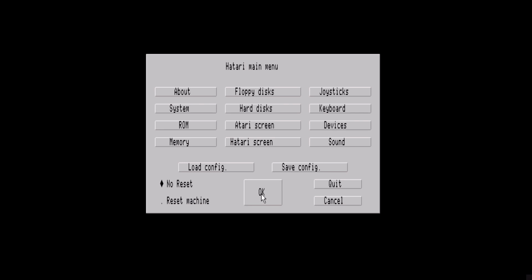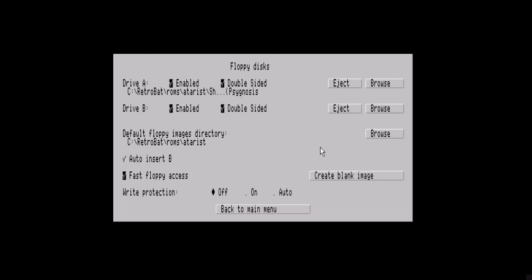And now it's asking us to insert disk one again. So to simplify this, I'm going to just go into my Hatari main menu, floppy disks, and I'm not going to use Drive B or anything like that for this particular game. Like I said, I've had issues using Drive B, but as we can see from the Chaos Engine, it utilized Drive A and B fine. So what I'm going to do, as it's asking for disk one, is go to eject,